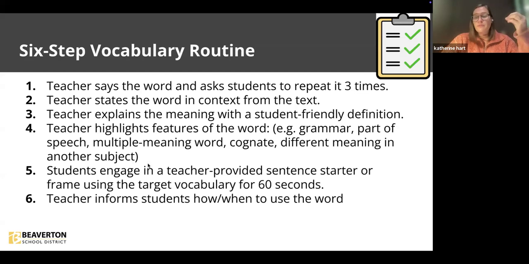Okay, then you want to choose maybe one feature to highlight about that word, right? What part of speech is it? Is it a multiple meaning word? What other meanings will it have in other content areas? Is it a cognate, right? If I'm teaching benefit, I would probably not teach beneficio, but if it has a cognate that the student would know in their native language, then you can use that to teach the word. Does it have a different meaning in another subject? Things like that. So students then engage in a teacher-provided sentence starter or frame using the target vocabulary for 60